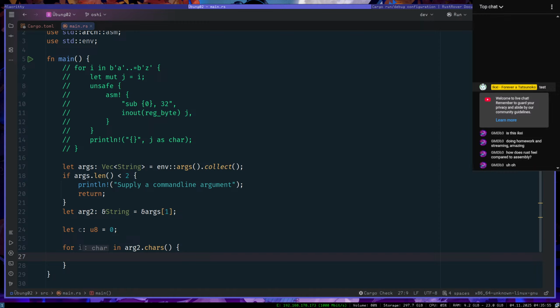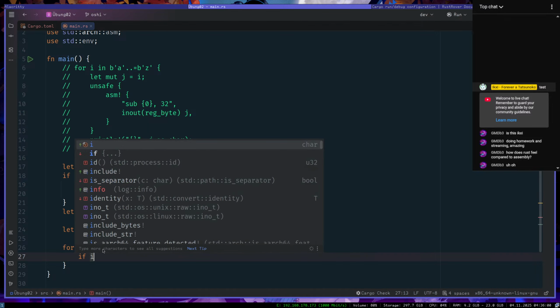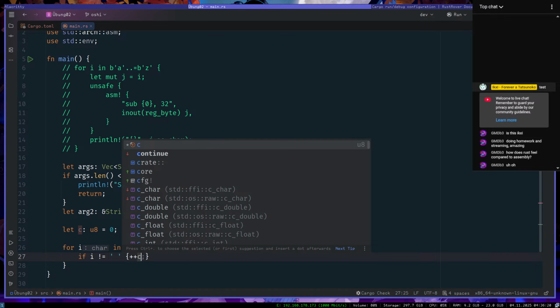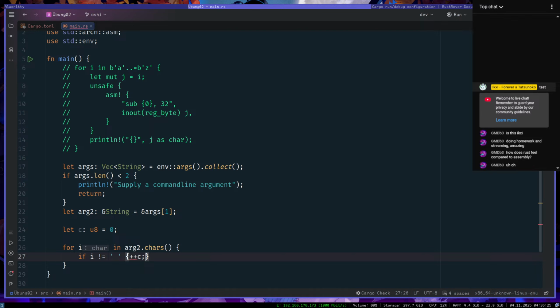So if I not, c plus plus, plus c, plus c, no. Rust has no prefix increment.